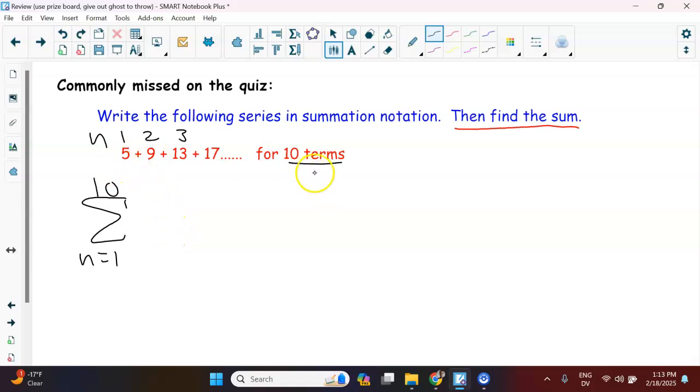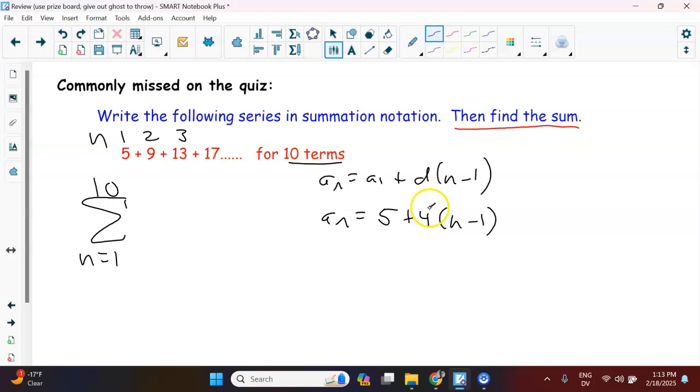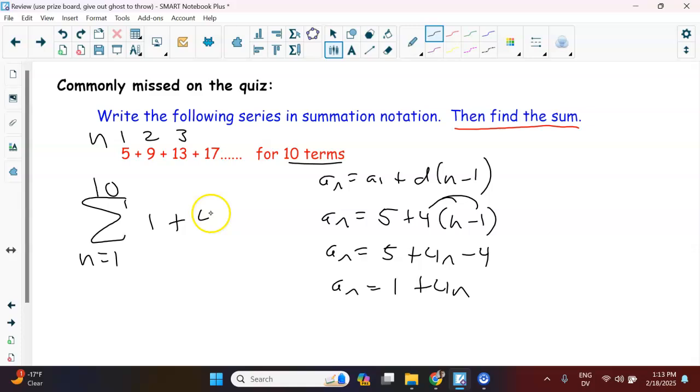Since this is an arithmetic pattern, our explicit formula is a1 plus d times n minus 1, where a1 is just the 5, and d is the 4. And then normally they clean this up. So we're going to distribute this: 5 plus 4n minus 4. Make sure you multiply here before you ever add. And then 5 minus 4 is 1. Okay, and that completes